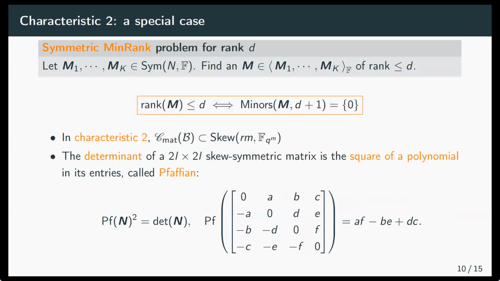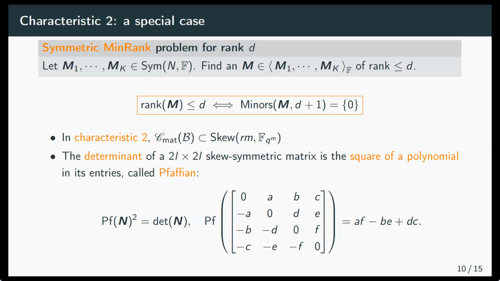Now, the problem of finding low rank matrices is known as the MinRank problem. So we are given a set of matrices and we want to find a linear combination that is an element of rank upper bounded by some given value t. And here we really have a symmetric variant of this problem. For this problem, there exist several modelings. The modelings are quite advanced, but the simplest way to model this is just to require that all the minors of size t plus 1 must vanish. So if we now focus on the case of characteristic 2, where the target rank is 2, this means that we obtain a set of polynomial equations of degree 3.